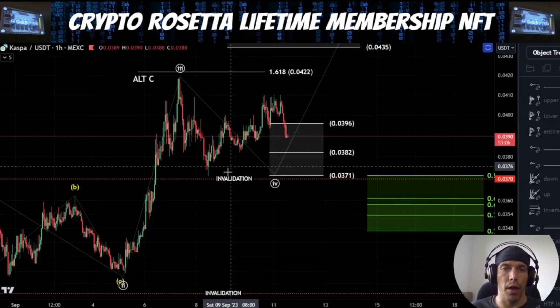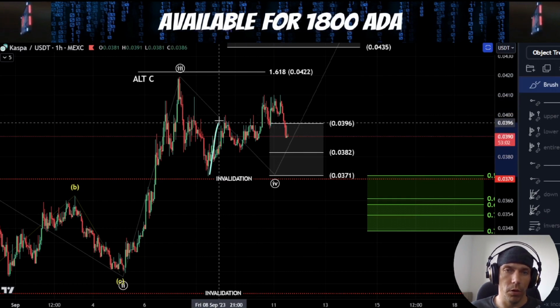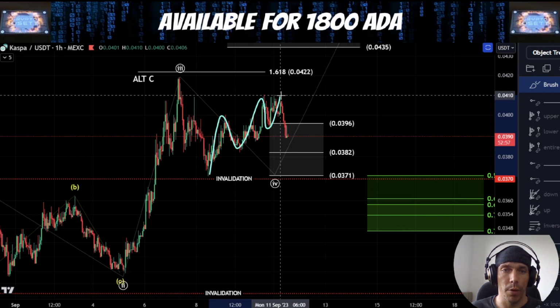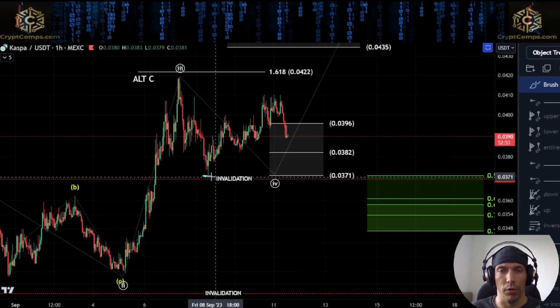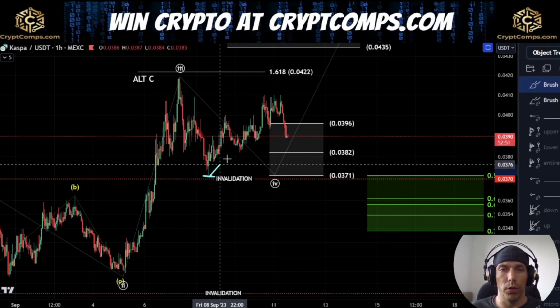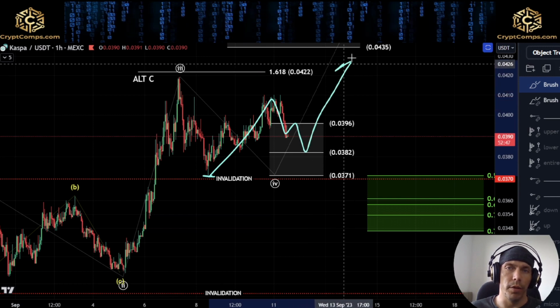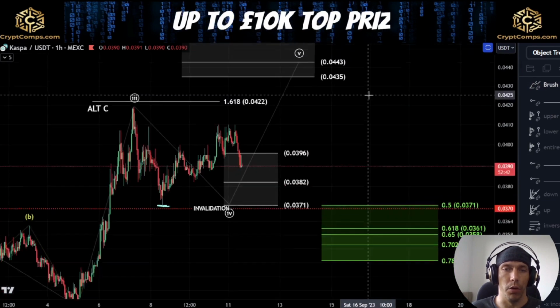Now, this move to the upside here is looking very choppy and corrective. It is possible we could argue that we have 1, 2, 3, 4, and 5 as a diagonal pattern, in which case what we would be expecting is not losing this low again. So if we do continue to hold this low and we form something like this as a three-wave move down, we have the possibility to see that direct push to the upside here, looking for this higher target box area.